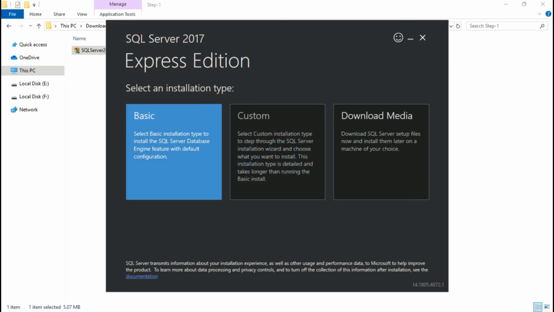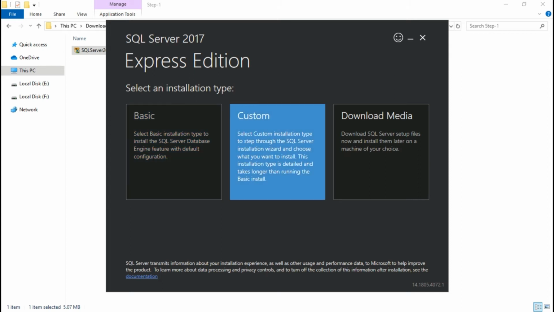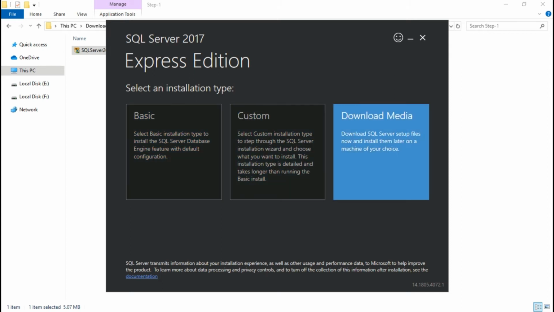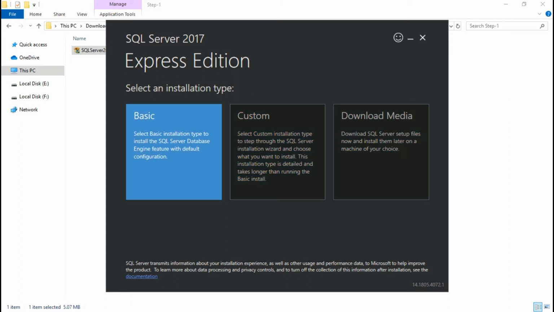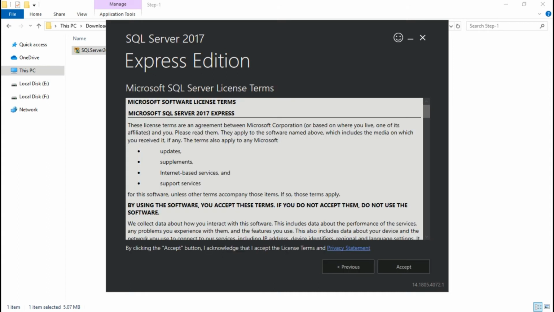SQL Server 2017 has 3 installation types: basic, custom and download. We will go with basic. Click on basic. Now we have to click on the accept button.